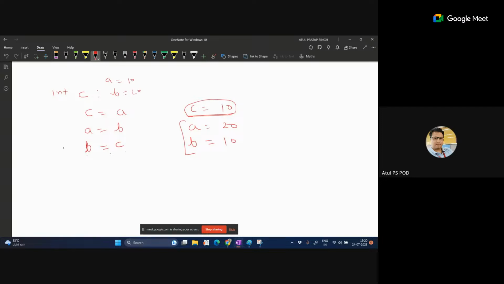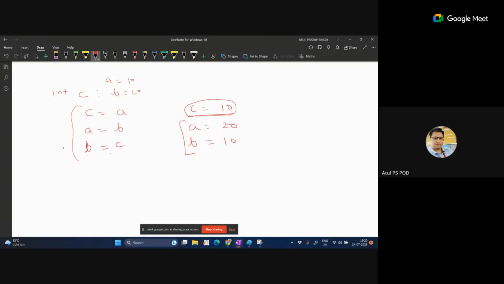So if you write the code this way, using the third variable, that will also work. We have written this statement in the problem statement, but we are not restricted to it. You can use it without this template, and the code will still work and you will get the correct output. But how can we do it